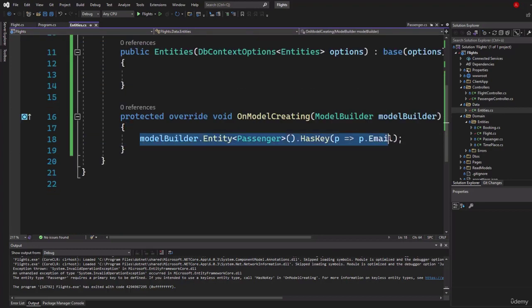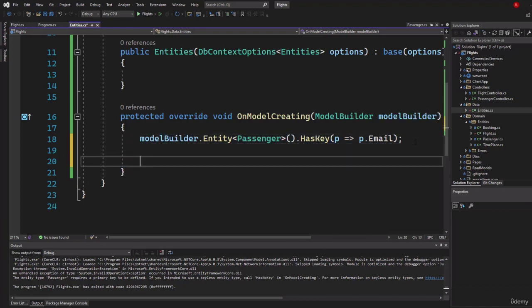So you now have learned how you can use onModelCreating to set a unique key, and this time it's the email. By default it could be something like public int ID, right? But if you want to go ahead with a non-integer and use the email instead, you know now how you can do that. And we also need to define that a model builder, there we go, dot entity of type